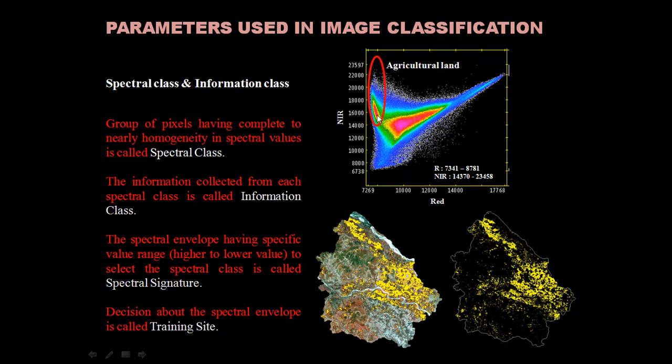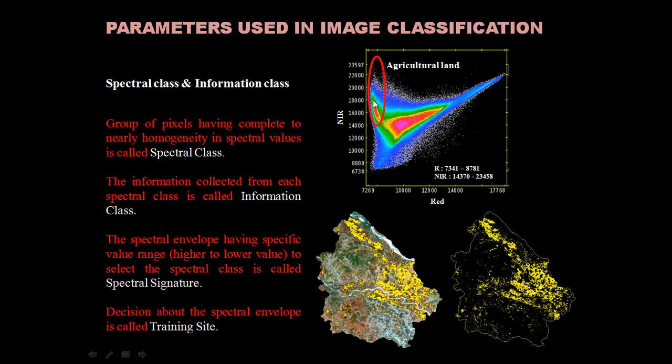So this can be said to be the spectral class, and this spectral class is determining the position of the agricultural land over here. So this is the information class, meaning this information class has been determined from this spectral